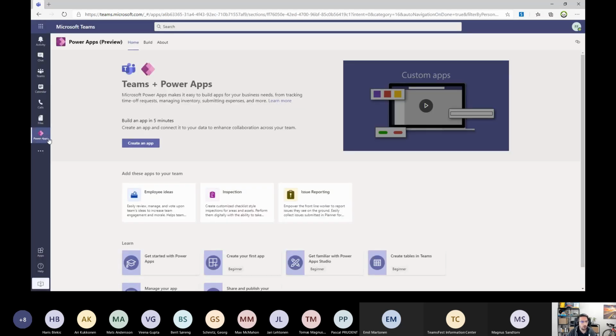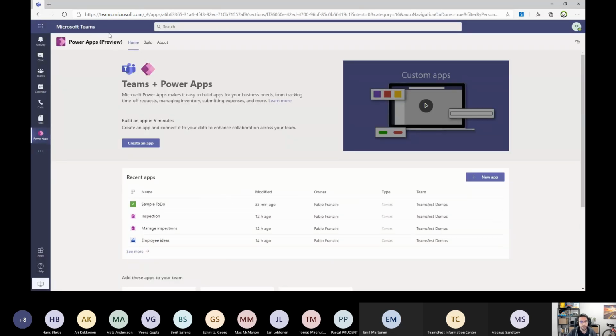So now I click to open Power Apps, and the first thing is that this integration, Project Oakdale and Power Apps, is in preview. So there is no final version at this moment. It's just in preview. But you can start to use it and then learn how to create applications and integrate them inside Teams.